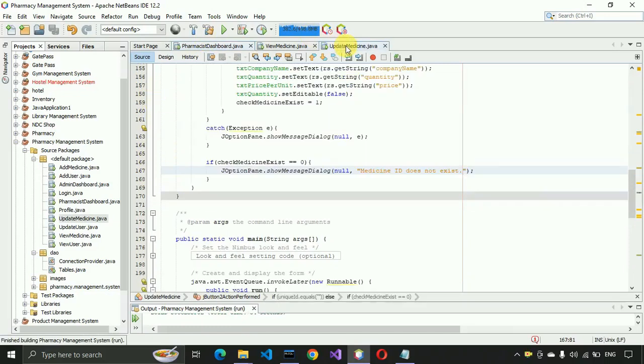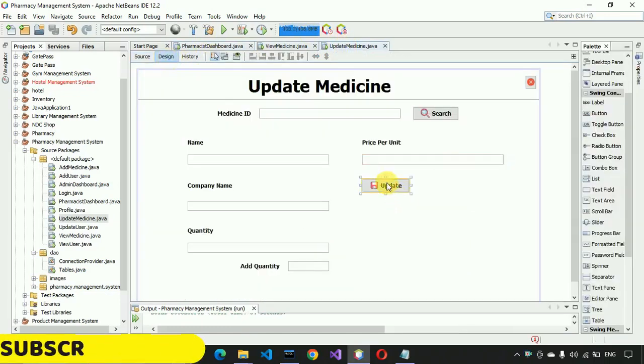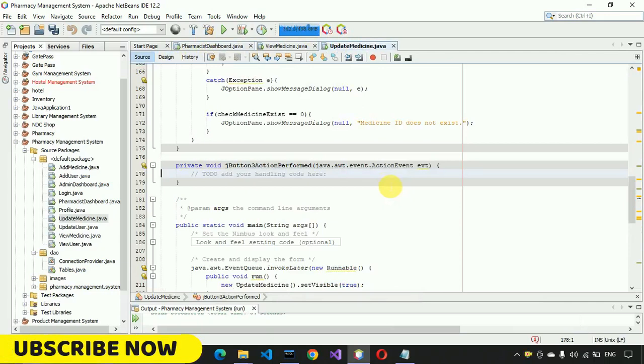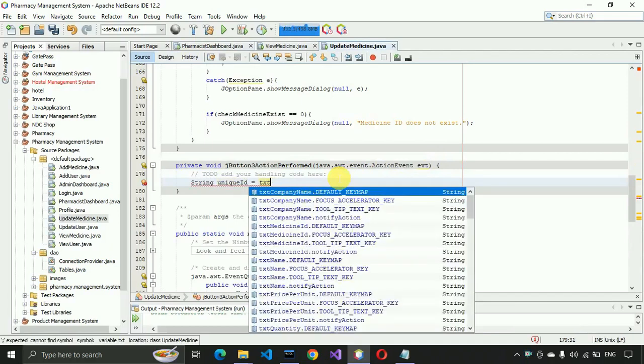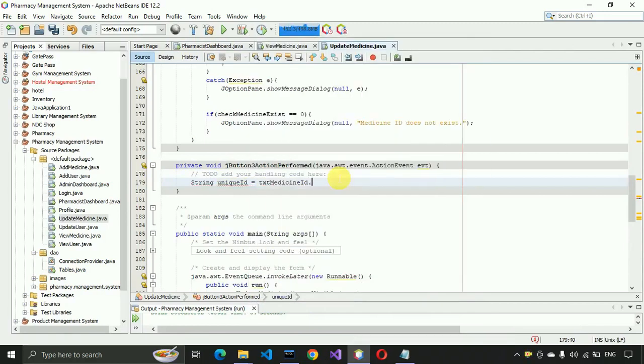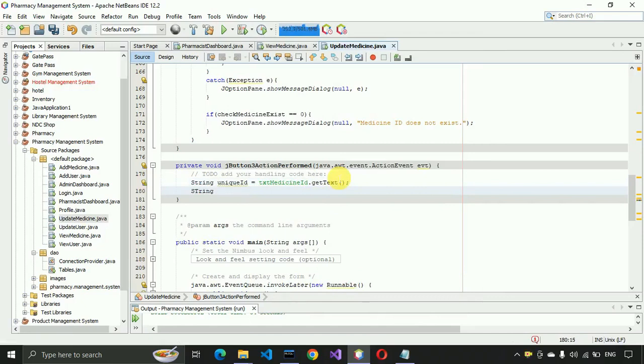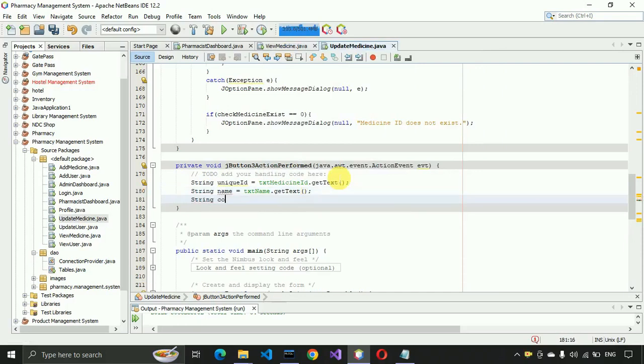And now we have to write the code to update. So double click on this update button to generate the event. And here we have to write String unique id is equals to txtUniqueMedicineId.getText, and here we write name is equals to txtName.getText, and after that the String company name is equals to txtCompanyName.getText,